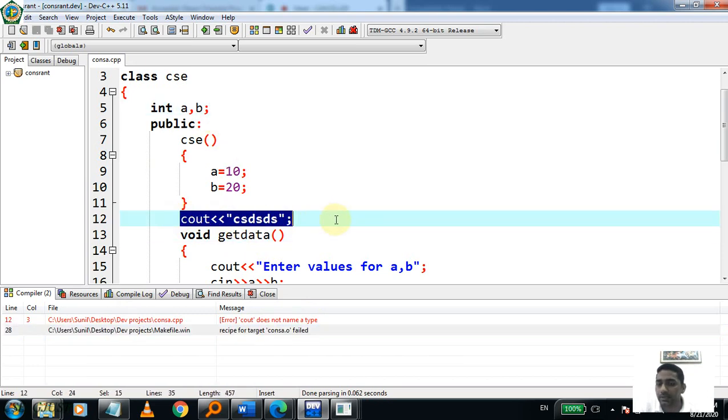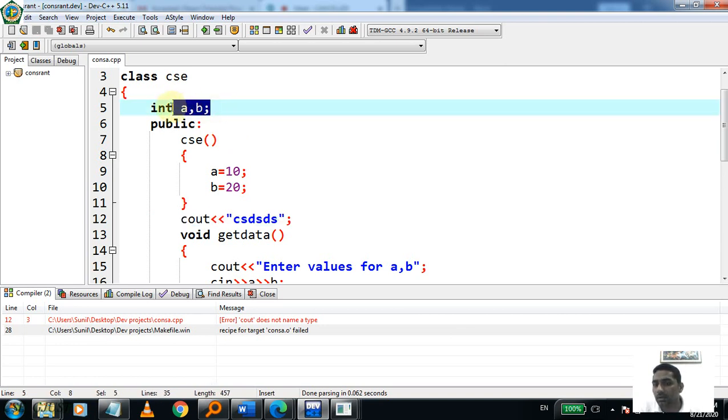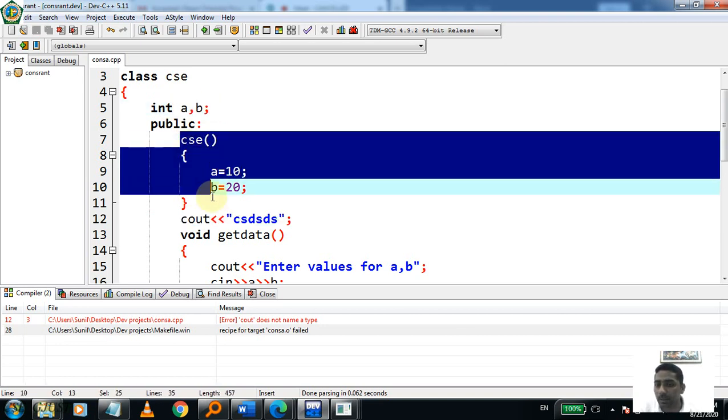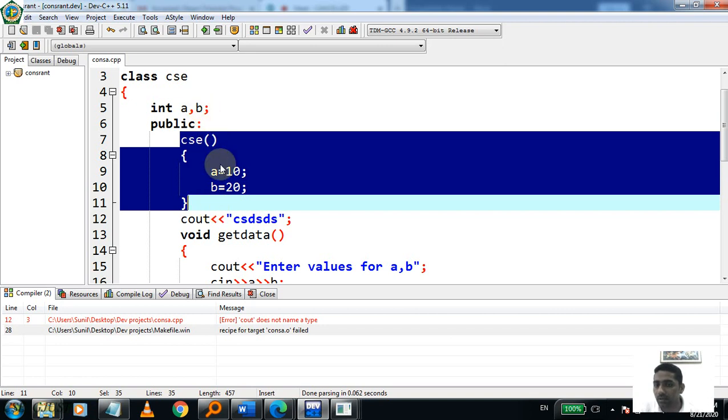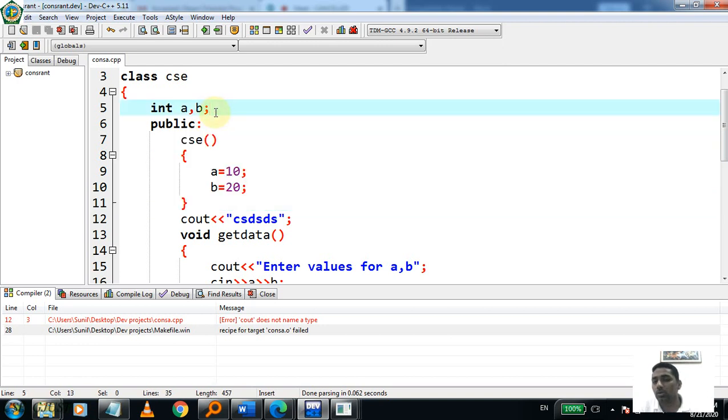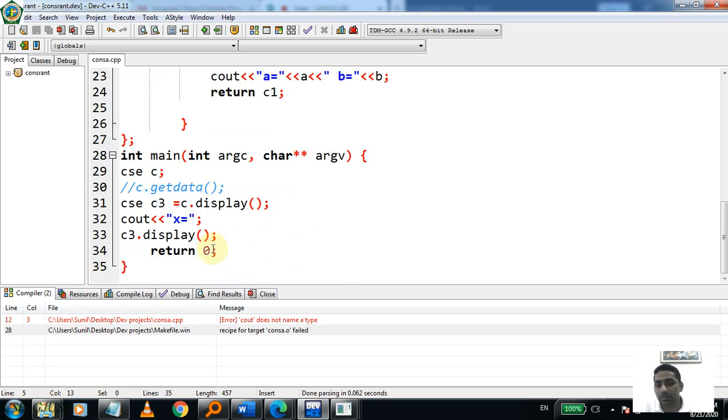So you cannot write cout statement, cin statement, declaration, initialization statement inside a class, because a class is not providing memory. Your function is holding some memory space for variables, and this function is accessed by the object. So you cannot keep your value outside the function or in the class blueprint. It is just a structure, it cannot hold any value. So that is the main important point.